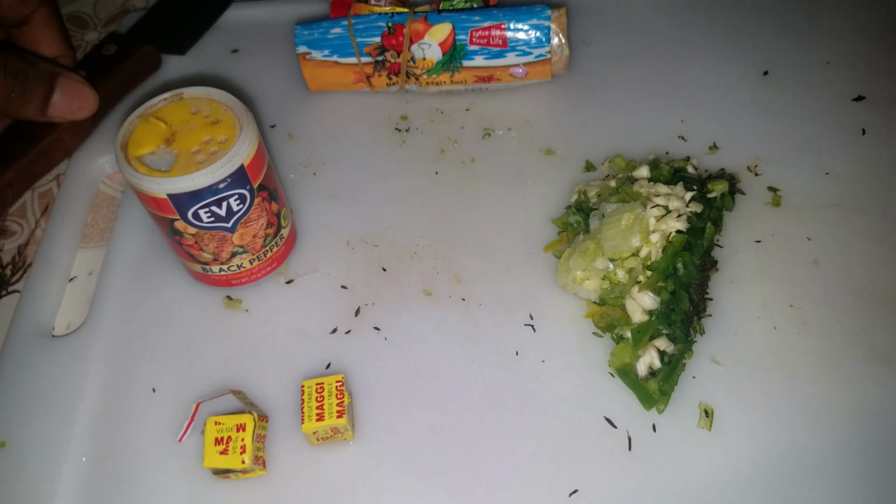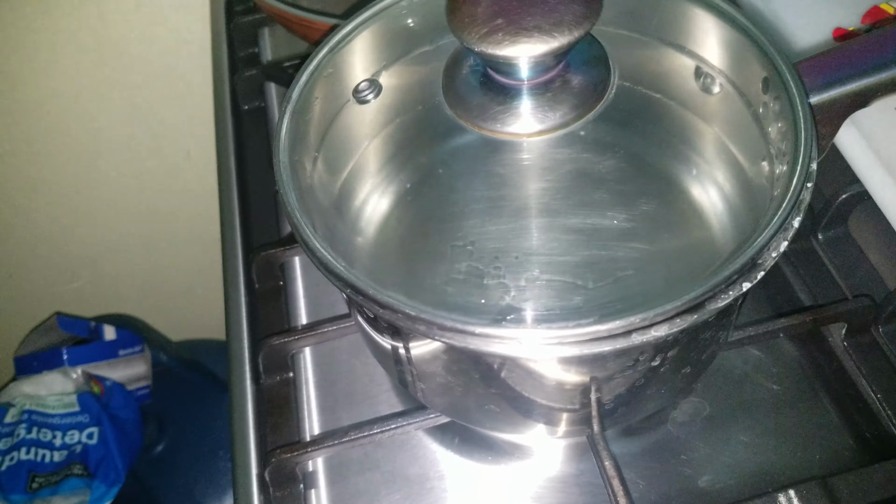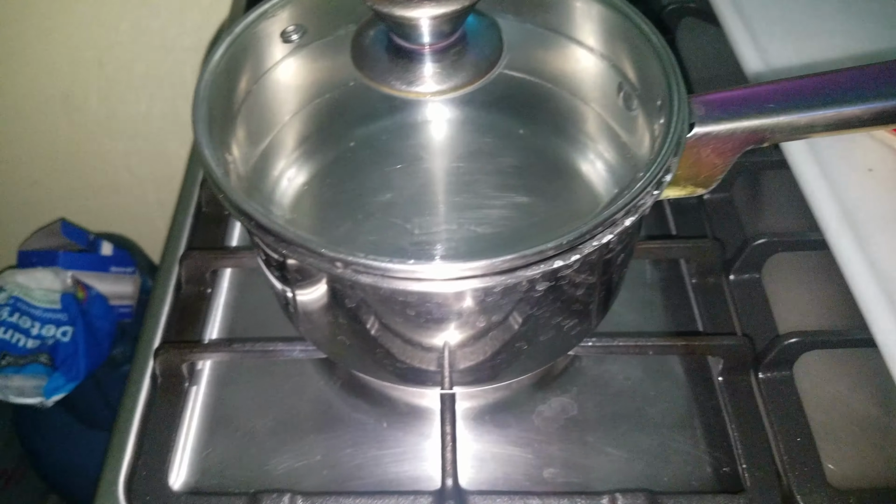So yeah, I'm gonna bring this over to the stove. But wait, we want the water to be kind of brought to a boil. So we're going to come back about...